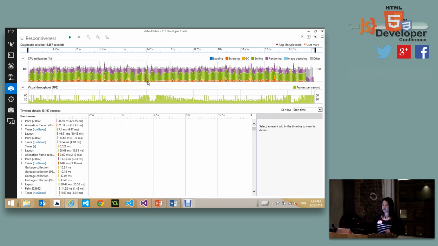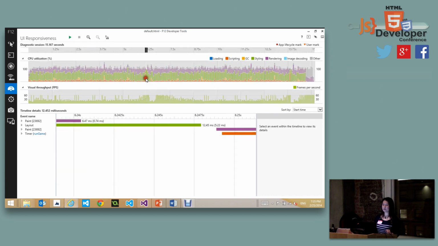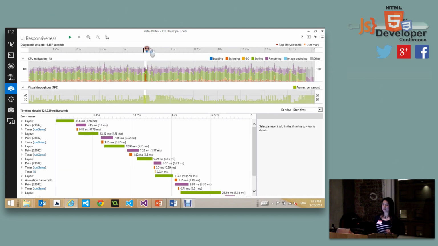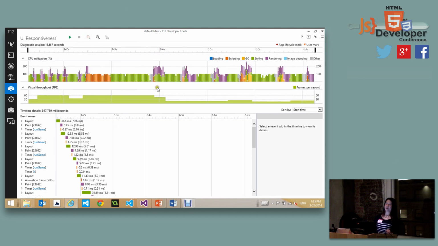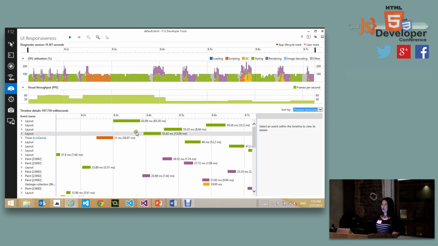For example, say I'm interested in this particular scripting, and I'm interested to see what's going on with that garbage collection. I can basically do a little zooming, and it will zoom into a larger scale. You can even look at exactly what's happening at a very small scale. Within that, you can look at the duration. For example, we use 60 frames per second as a guideline. So 1 divided by 60 frames per second is about 16 milliseconds. That's actually the responsive time you're looking at.